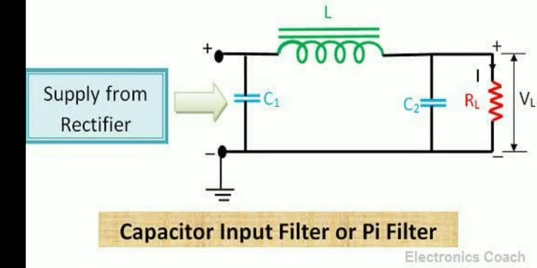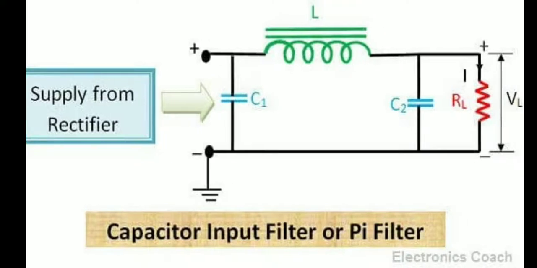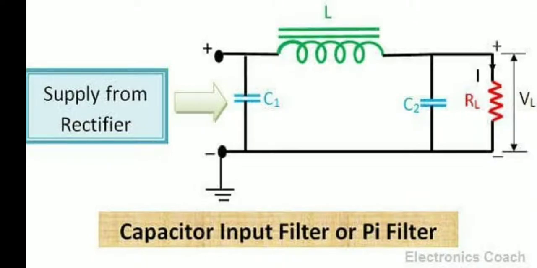Basically, the electronic filter removes unnecessary frequency components from the signal and improves the required ones. There are types like active, passive, analog, digital, linear, and non-linear filter circuits. Some important ones are the inductor filter, capacitor filter, and the combination of inductor and capacitor filter, that is the LC filter.